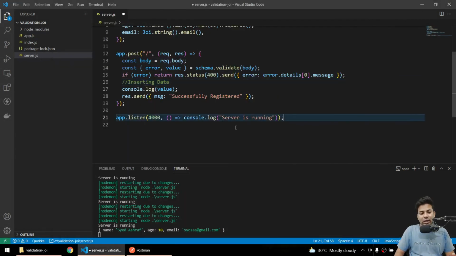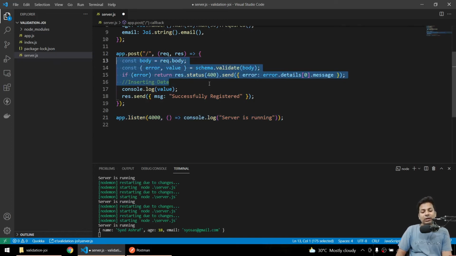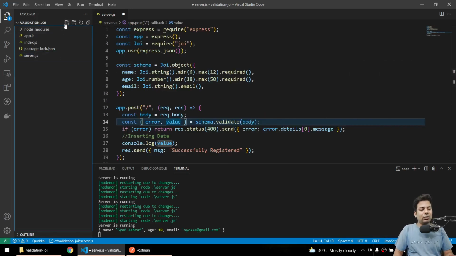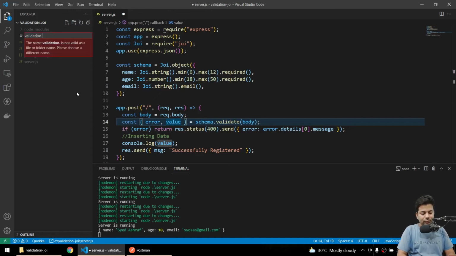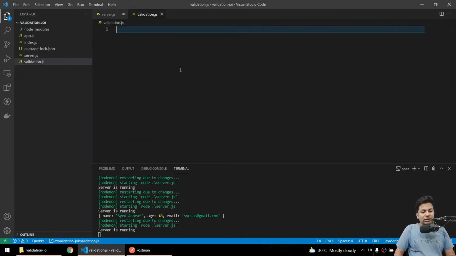But we can put this in a different file, so it's much more valuable. Suppose there's another route that also uses this, we'd have to write it again. So we'll make another file called validation.js.